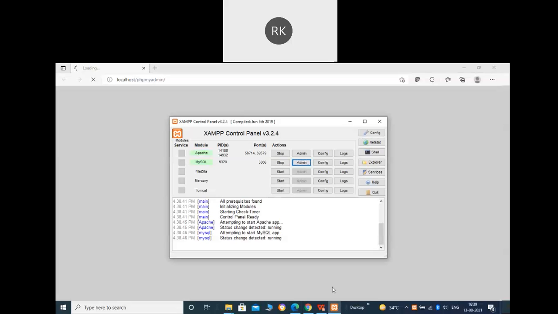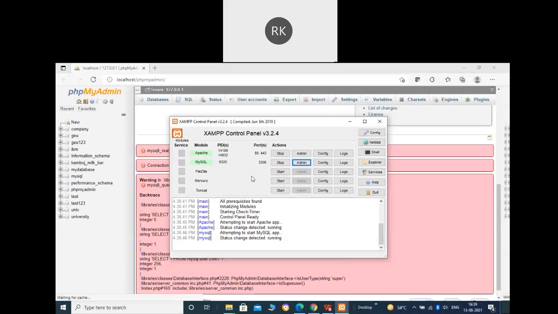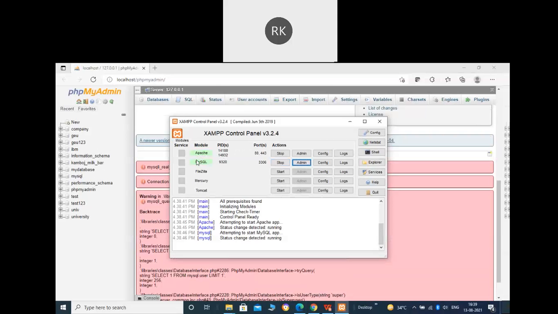Originally, the XAMPP server is used for PHP applications, but you can see it has an inbuilt MySQL here. I was using it, that is why I'm using the MySQL from here itself. If you want, you can download the MySQL server separately and use it from there also. Otherwise, you can download XAMPP. Once you have downloaded it, open the control panel from the location where you have installed it, and start the MySQL.